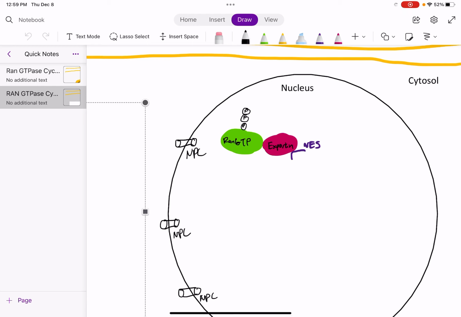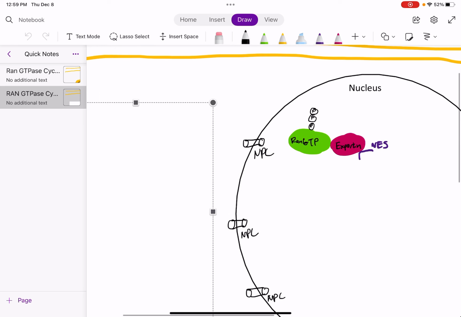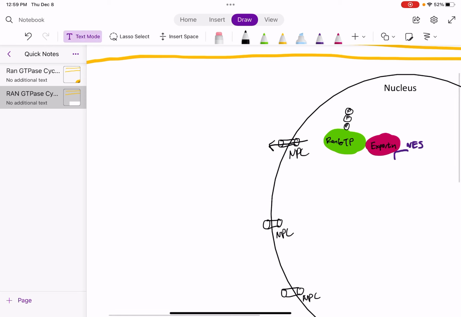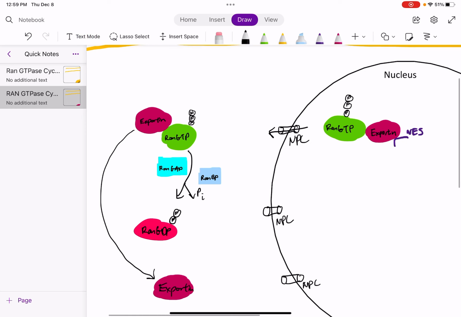It is called NES, which is the nuclear export signal, and this is bound to the target protein that wants to leave the nucleus. Now, this complex will leave the nucleus, and very similar to the import cycle, it also